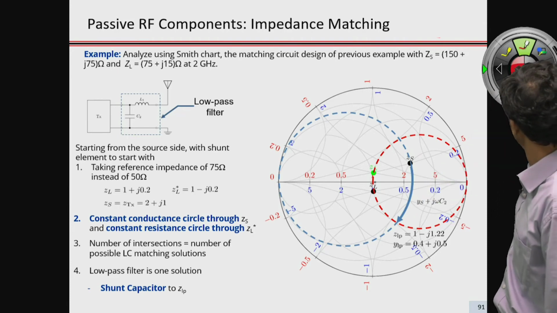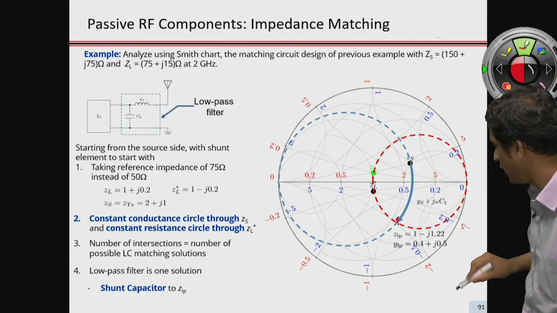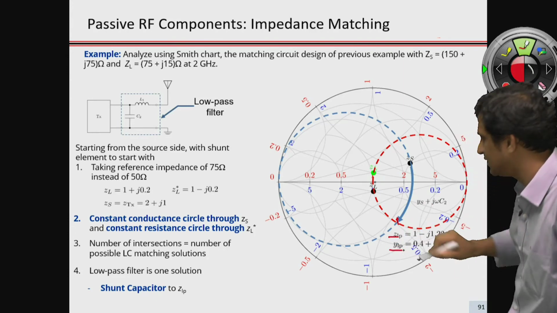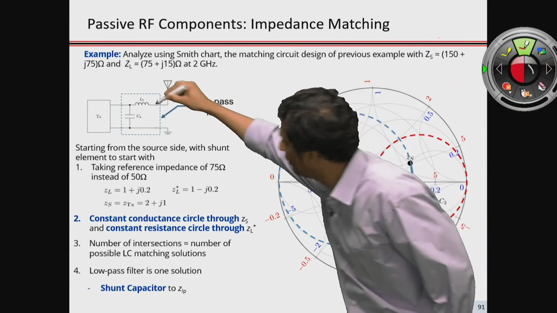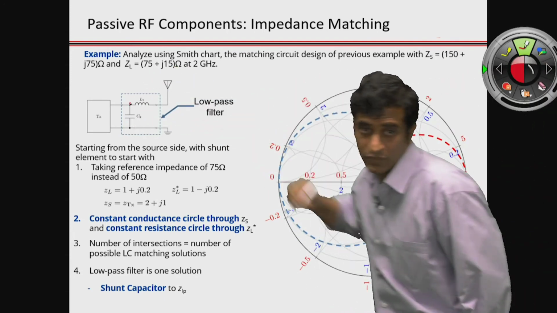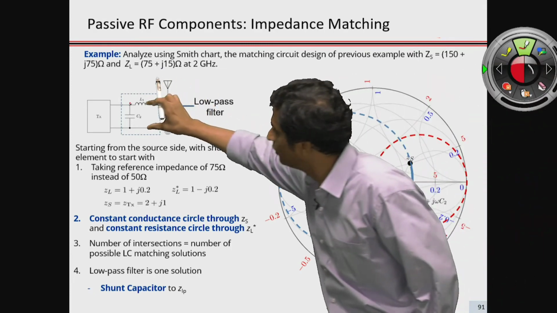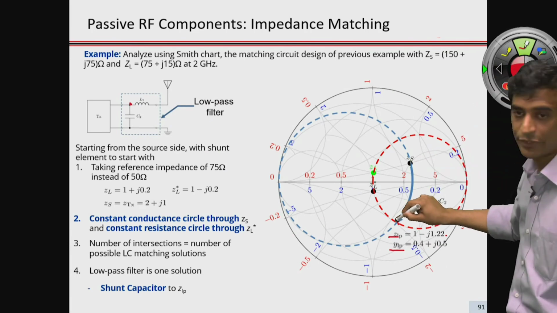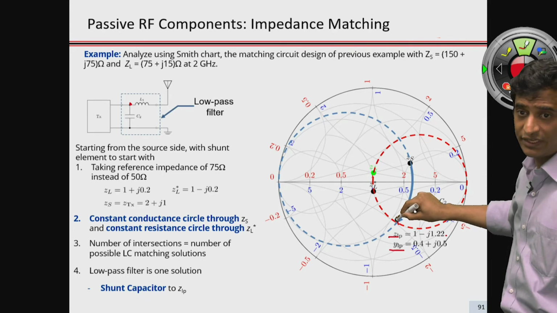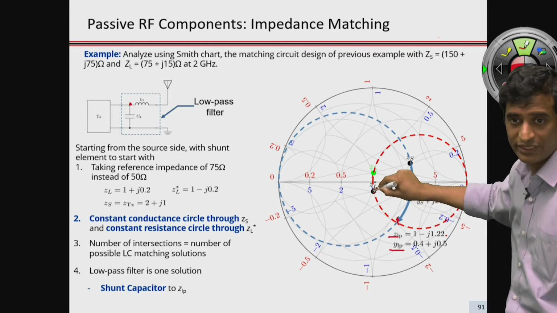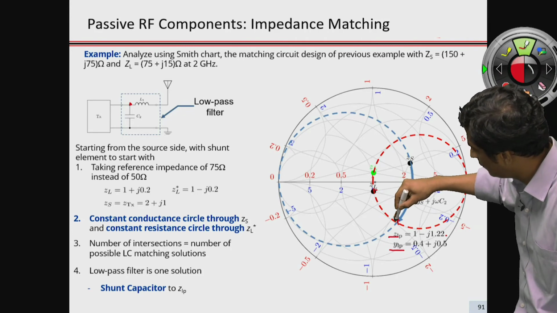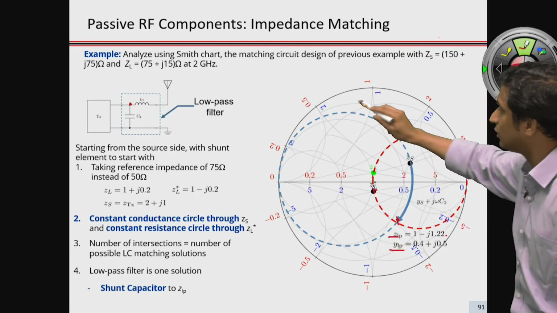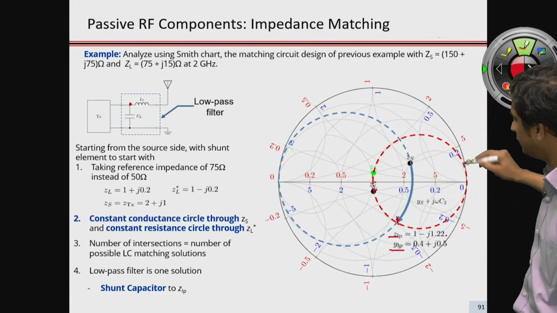As a next step, once we hit that particular intersection point, at that point we can know the impedance as well as the admittance at that transition point when we connect the shunt capacitor in parallel to the source impedance. We are moving the source impedance to that particular point. As a next element that we connect, this is the target point that we have, so we need to go to that target point, and since we have already plotted the constant resistance curve,